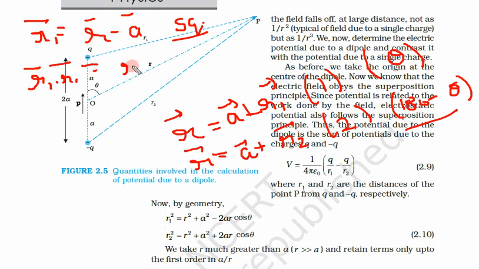This one becomes R dot R, this whole square, plus A dot A. Again remember, these are vector quantities. So this is R1 dot R1, this is R dot R, this is A dot A. So A square plus B square minus 2AB, where B is R. Now this is the whole equation.